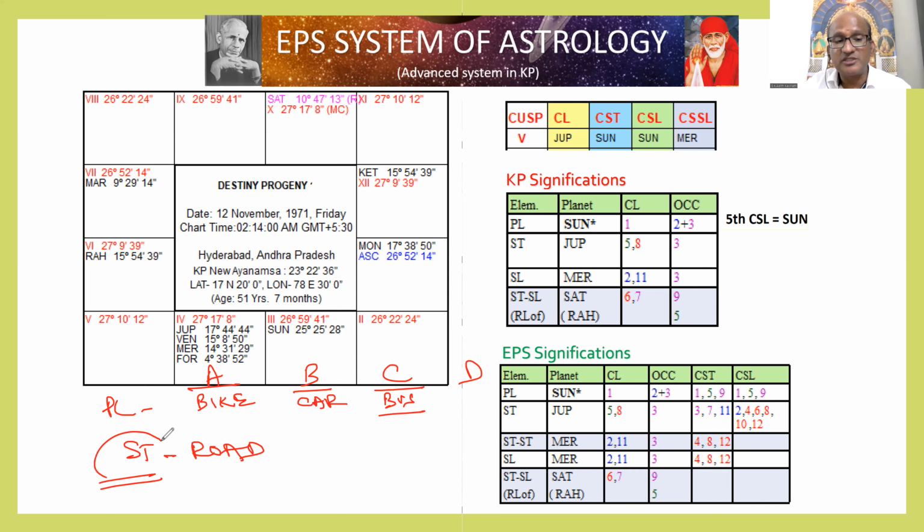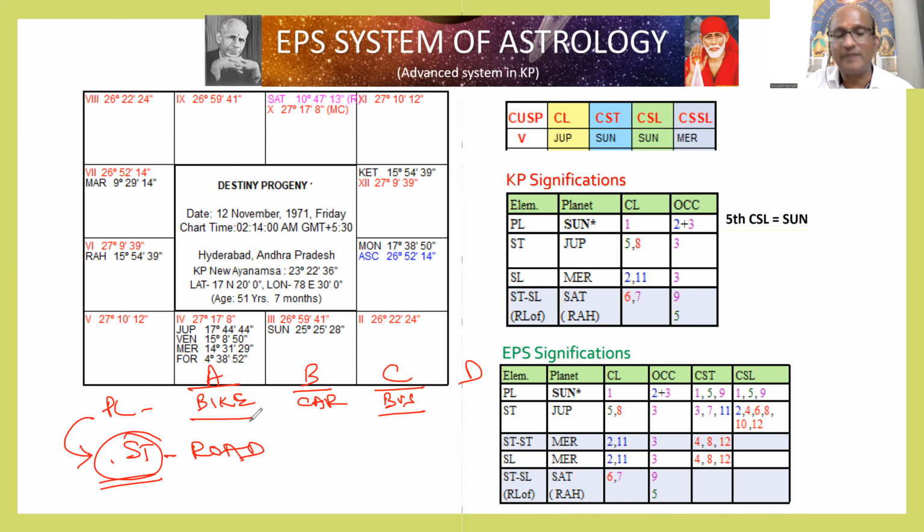The Star Lord is going to give the significations to the planet. In other words, the planet is going to experience the Star Lord's signification. So Star Lord is supportive, the road is very good. It means that normally in KP, we do not take the signification of the planet; the planet will give the result of the Star Lord only. That is how we take it, right? Of course, the bike will experience a very good road, the car also, and the bus also will be on the same road. The road is going to be good, so the travel is going to be good. But the experience will definitely differ.